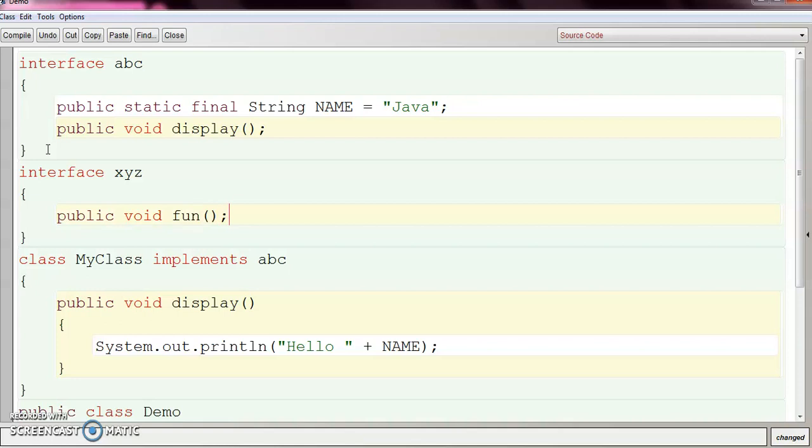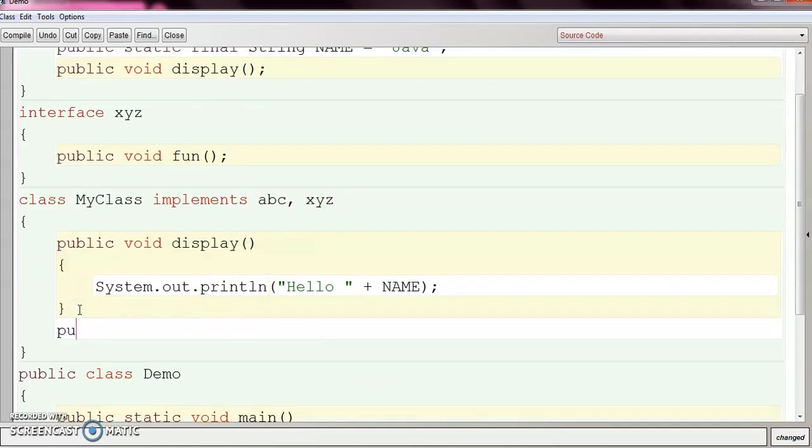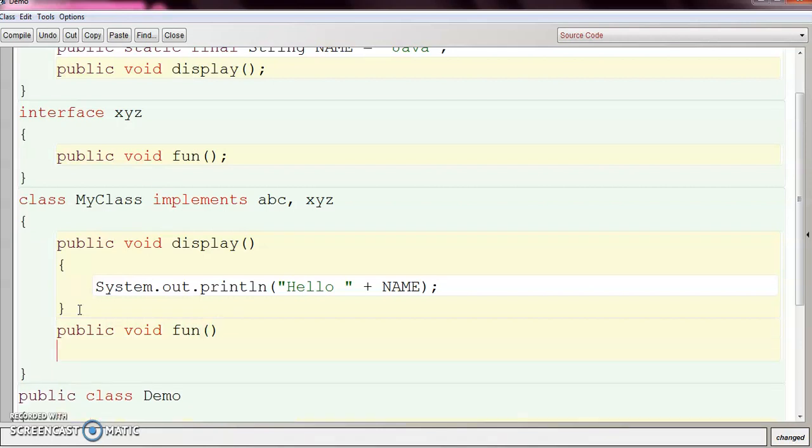Now to make implementation of this new interface, that is XYZ, just type the interface name here, because I am implementing this interface using the same class, my class. So now my class implements two interfaces, one is ABC and another is XYZ, and also define the method of the new interface.